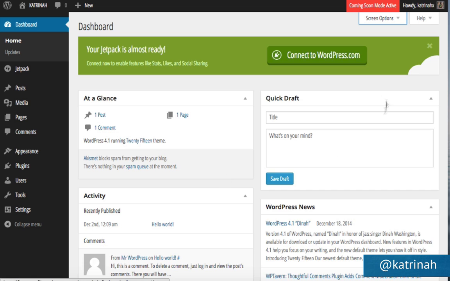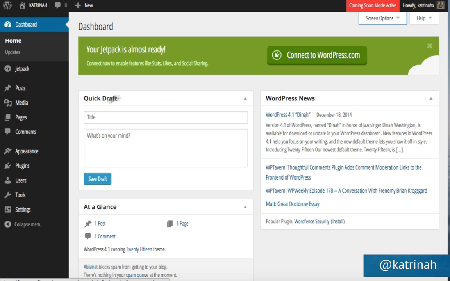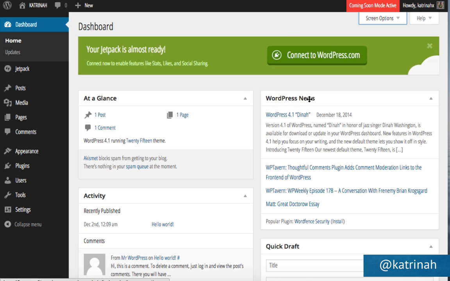And I also want to note that you can customize your dashboard if you like by simply moving these sections around. So if you prefer to see the drafts here on the top left-hand side, just drag it to the left. Okay, so once we take a look at the dashboard, let's take a look at what our WordPress website looks like right out of the box when you first install WordPress. So to view your site, you're going to go up to the top, hover over the website name, the top left-hand corner, and then click on Visit Site.